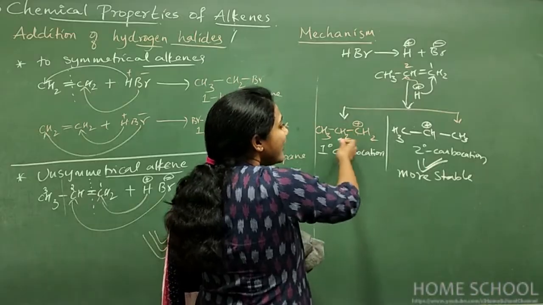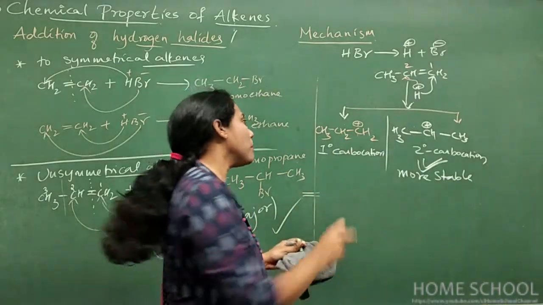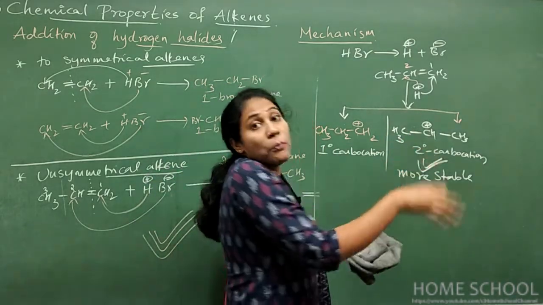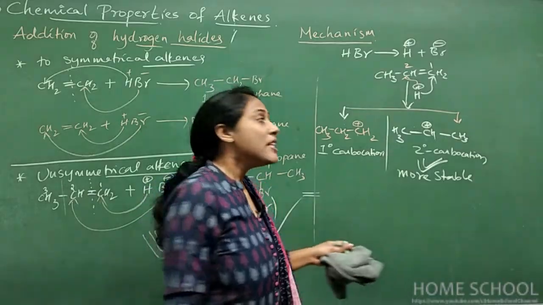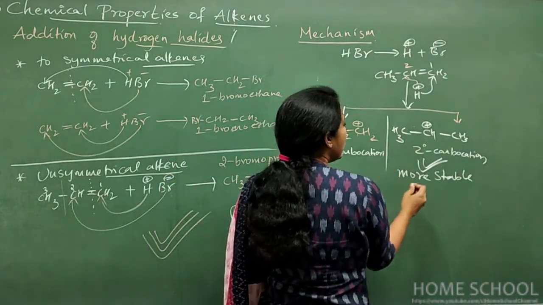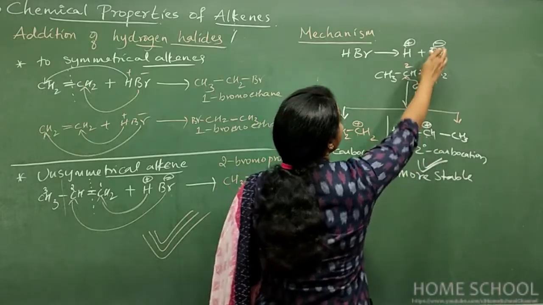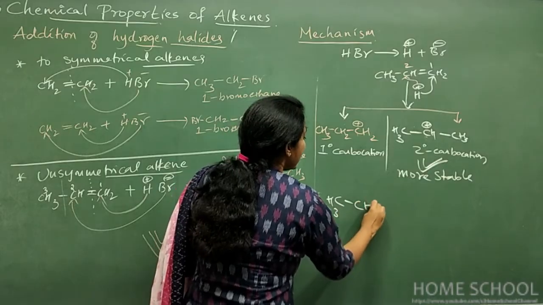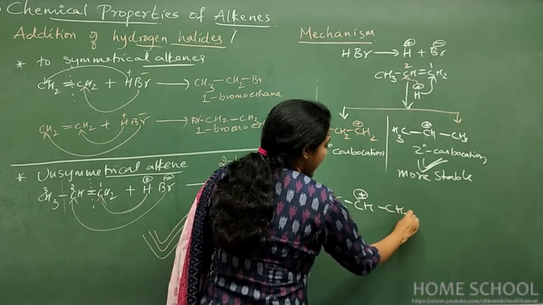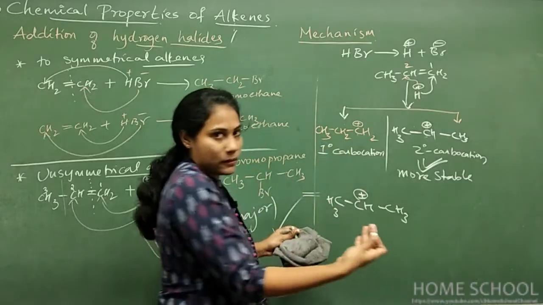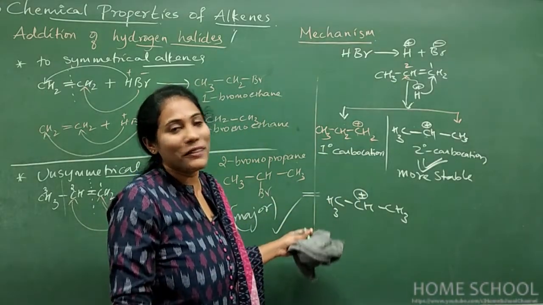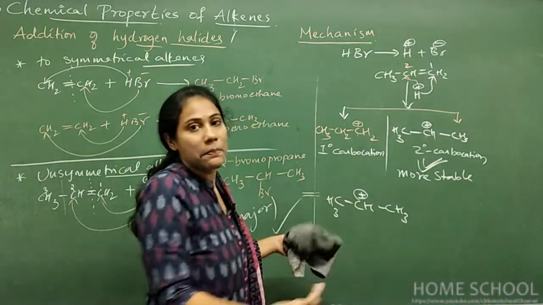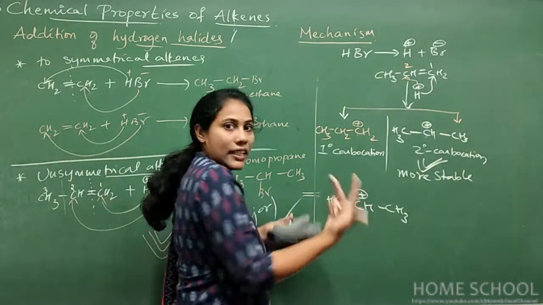And what about this fellow? It will actually die very soon. The moment it forms, it collapses. This one will stay in the reaction mixture for more time. That's what we mean by stability here. Since this fellow is staying in the reaction for more time, Br minus will come and attack it. So what do you get? CH3, CH plus, CH3 is there. This is immediately dying. This is a simple way I'm telling you just to make you understand. The moment I say this is not stable, in the sense this is immediately collapsing. So this is immediately dying. That way you can understand.